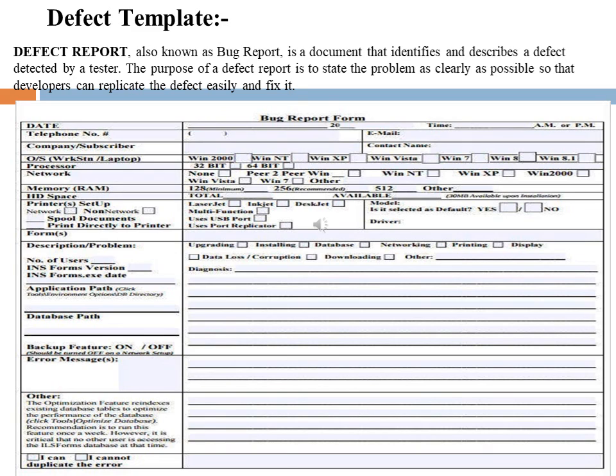The purpose of a defect template is to state the problem as clearly as possible so that the developers can replicate the defect easily and fix it.